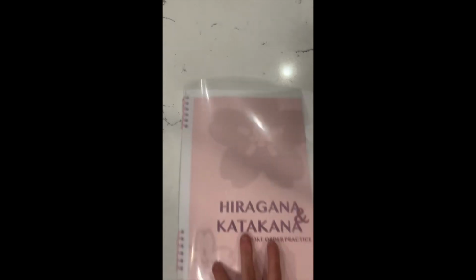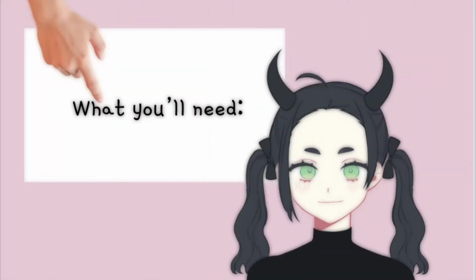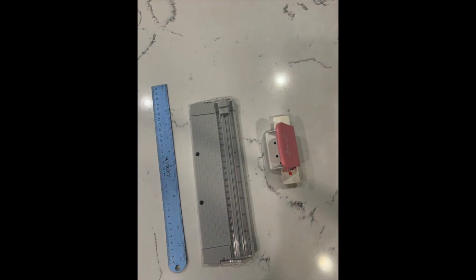But this is intended for smaller booklets and packets, not textbooks. If you would like textbooks, you should check out my earlier videos on textbook binding, but this is just for small amounts of paper. So what you'll need are a ruler, a straight edge cutter, and this special hole puncher